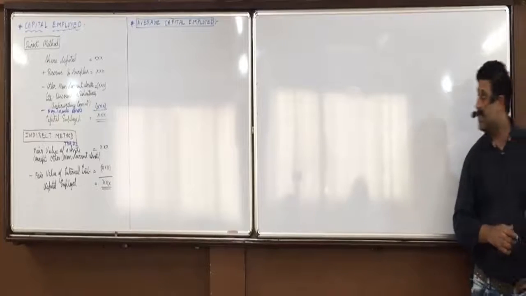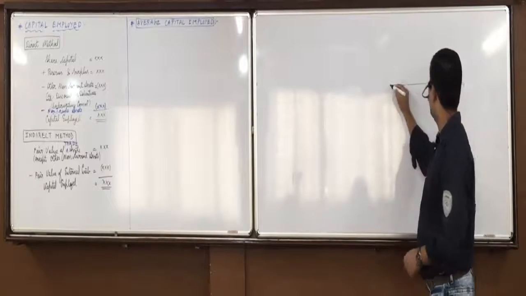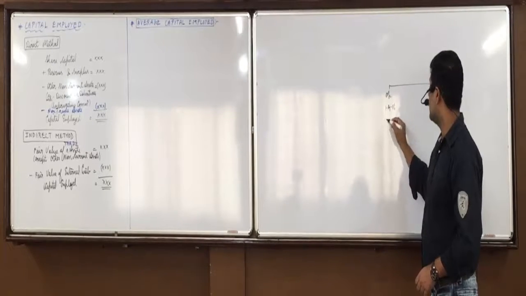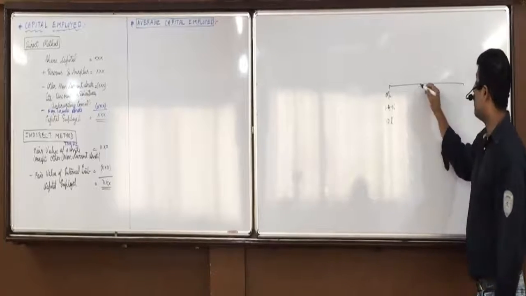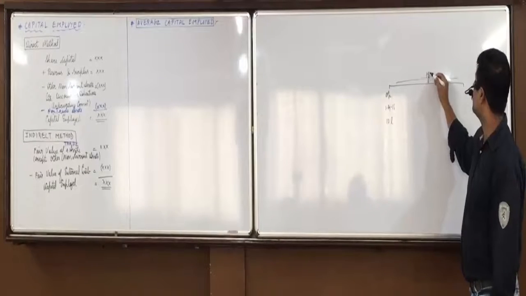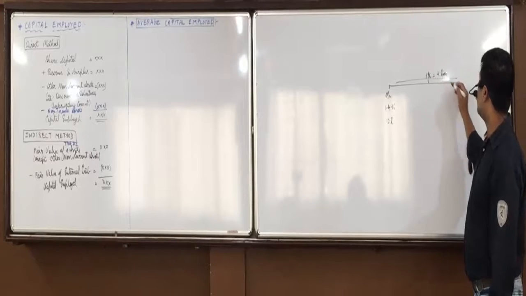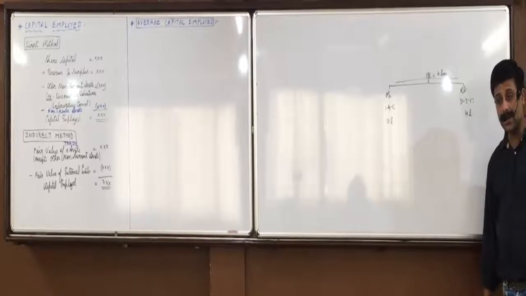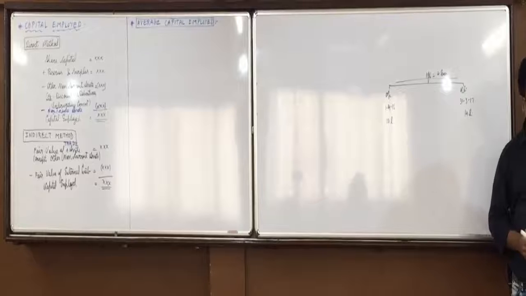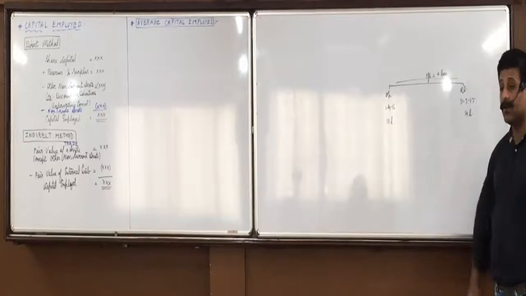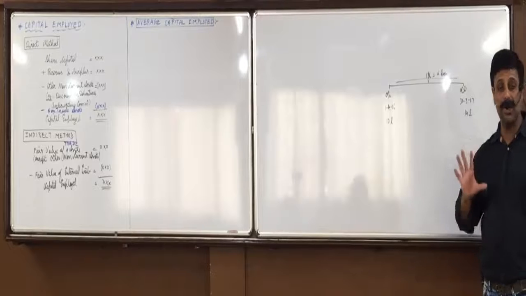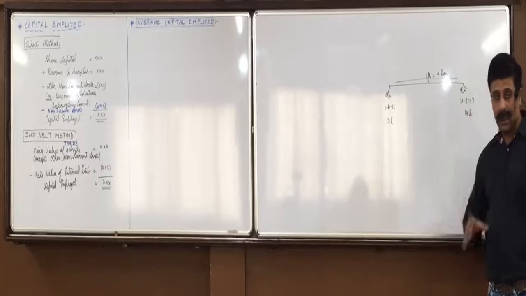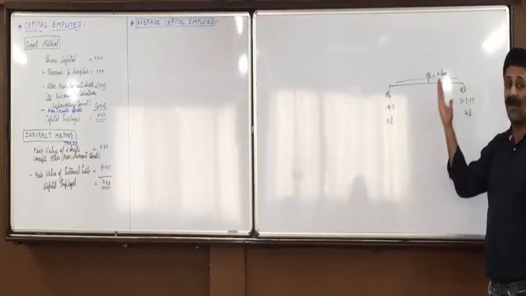For example, suppose opening capital employed on 1st April 2016 is, let us say, 10 lakhs. Profit during the year is 4 lakhs. Then what will be the closing capital employed on 31st March 2017? 14 lakhs. Now there are three ways of finding the average capital employed. One is simple: 10 plus 14, 24 divided by 2, 12 lakhs. Means on an average, how much capital has remained during the year? 12 lakhs.